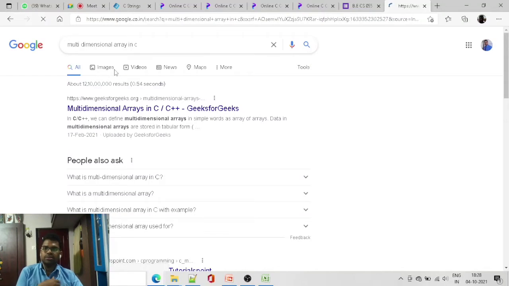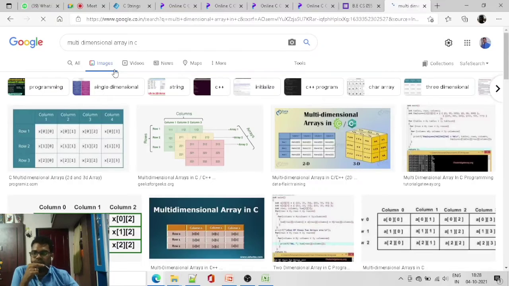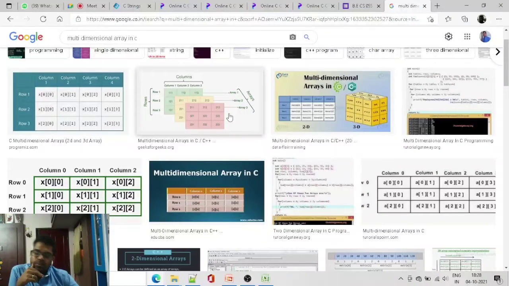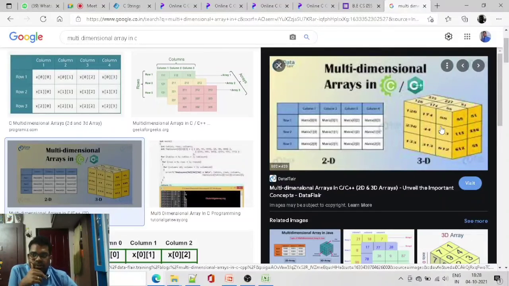Look into the images. This is multi-dimension. This is one dimension, and another one is this one, but it holds another dimension. I think this is a two-dimensional one: 0, 0, 0, 1. Actually, this is 0, 0, and this 1, 1, and this is 2.